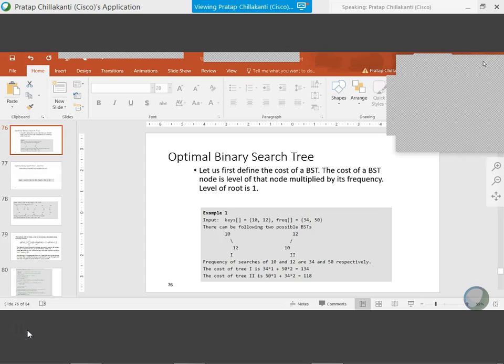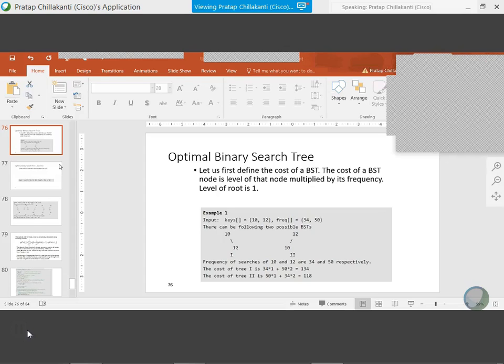So you want to take the diagram 2 approach. Okay? That was a brief introduction that I gave you to optimal binary search tree. So in these two, the second one is the optimum because it gives you the lower cost. That's how you define an optimal binary search tree. Okay. Just a small example.